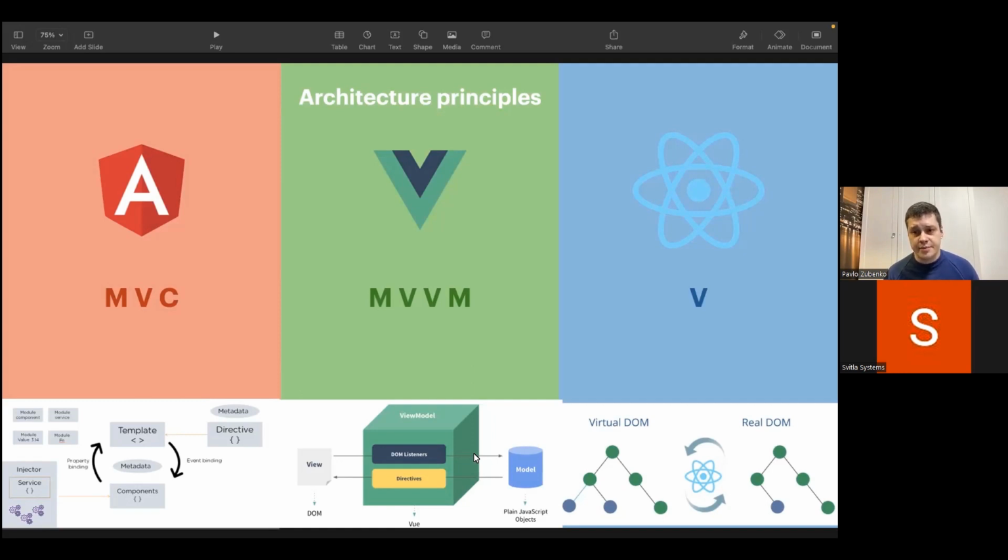On the opposite side appeared another framework, named React, which says that we are presenting React not as a framework, but as a library, though still a lot of us call it a framework, but React presents a pretty small library.